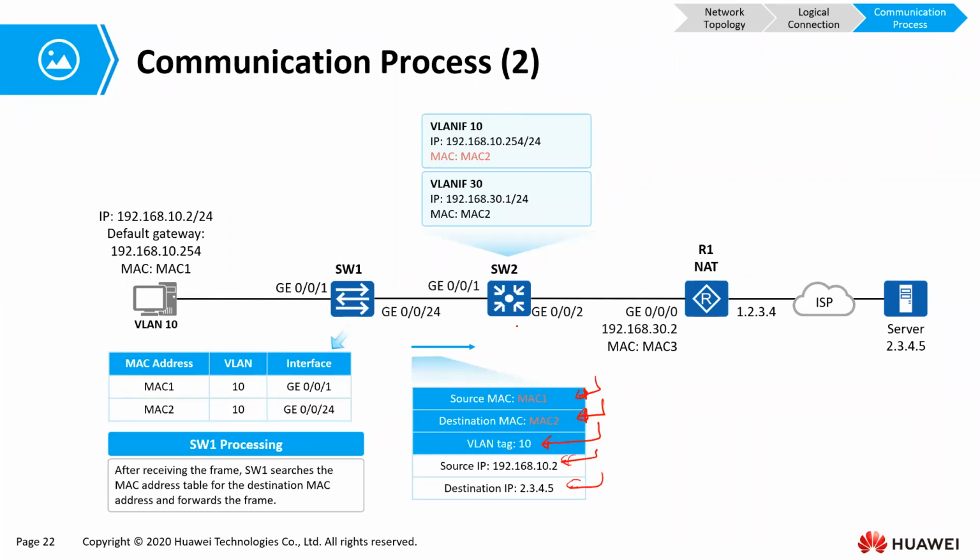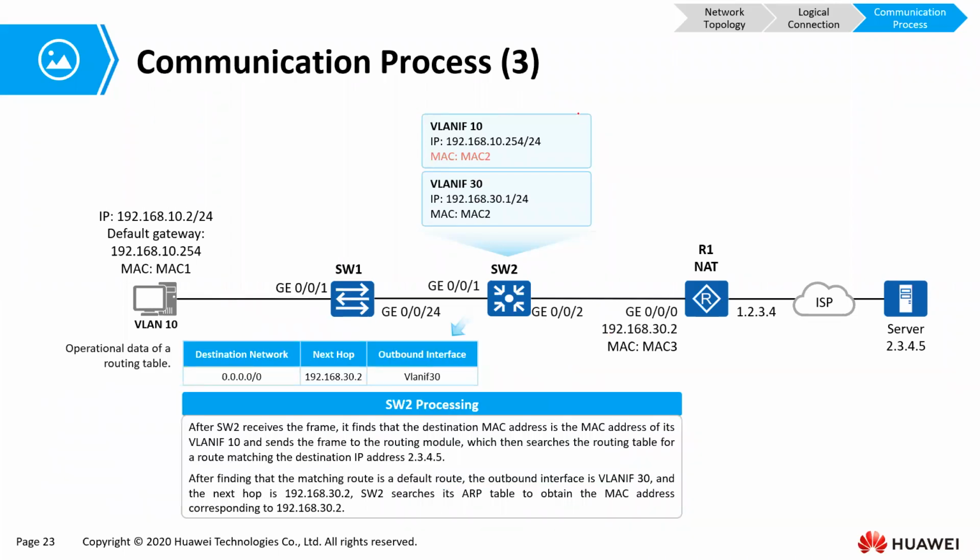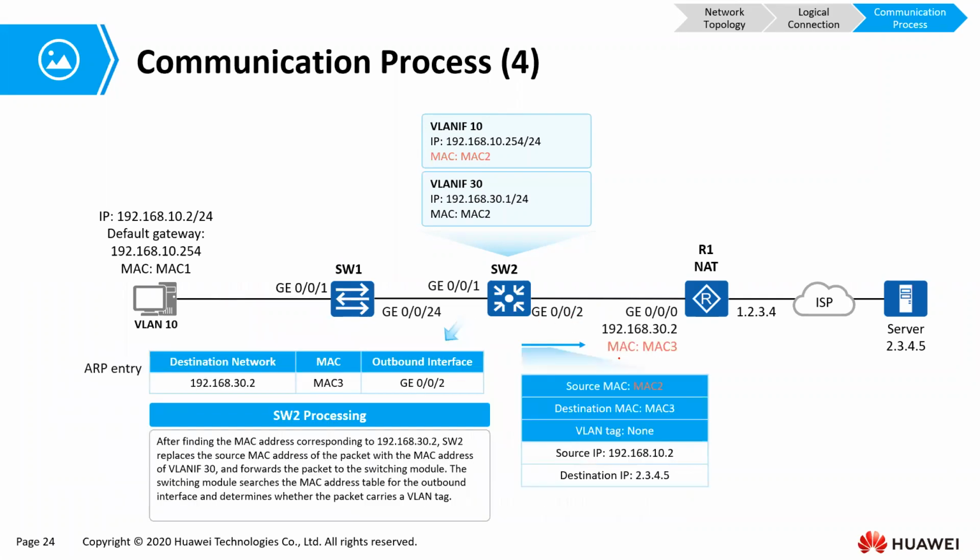What happens to this switch? That switch checks its what? Sorry, it has 2 VLAN. So it looks at its routing table and sees the next hop for VLAN if 30. And then it will send the traffic to that direction where there is VLAN if 30. At that point now, the source MAC is going to be the MAC of VLAN if 30, the one facing that side.